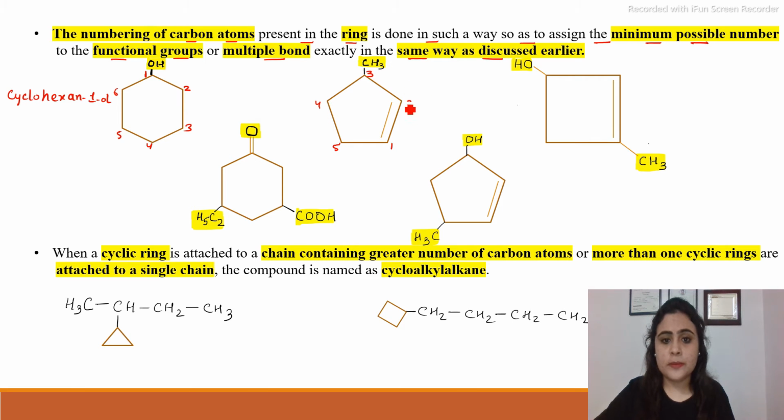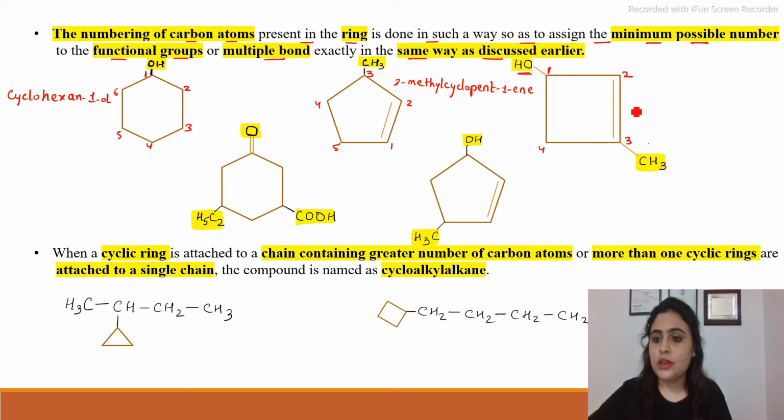So 1, 2, 3, 4, 5. I'll write here 3-methylcyclopent-1-ene. Here an OH group is also there and the ene group is also there. But the OH group will get the lowest numbering because it has higher priority. So lowest numbering 1, 2, 3 and 4. So 3-methyl